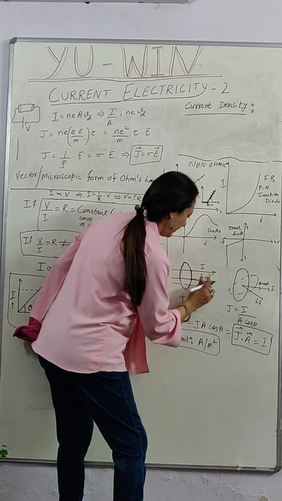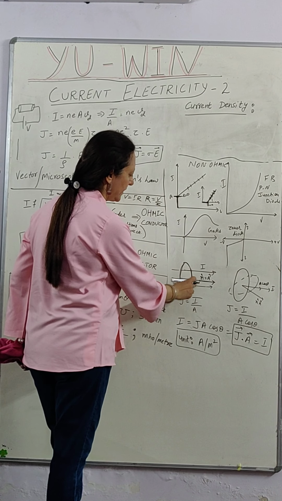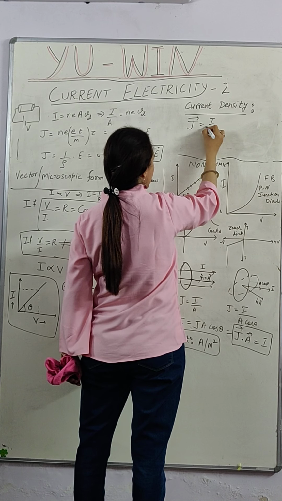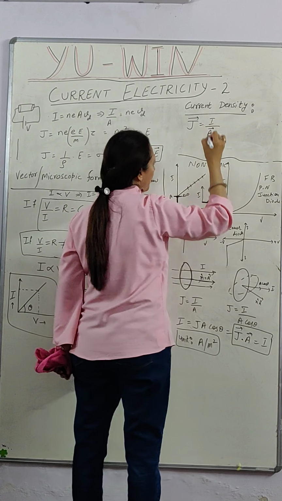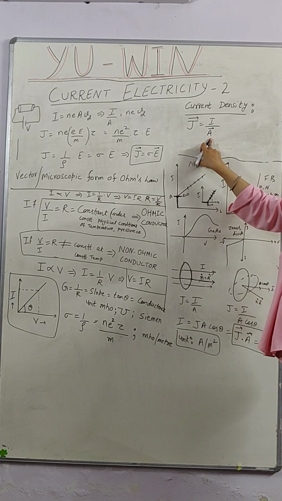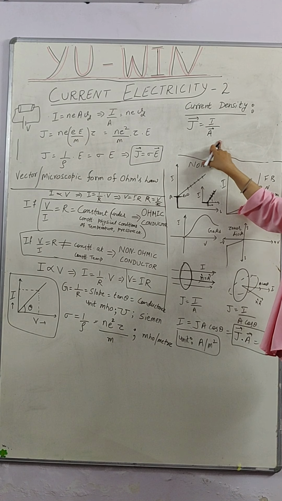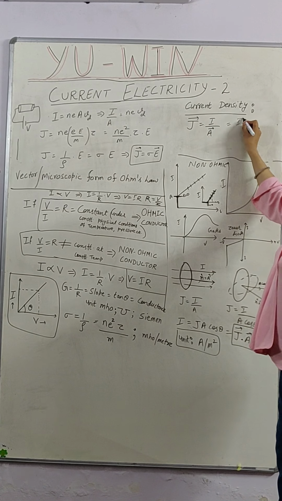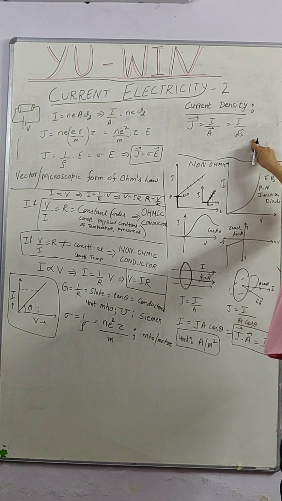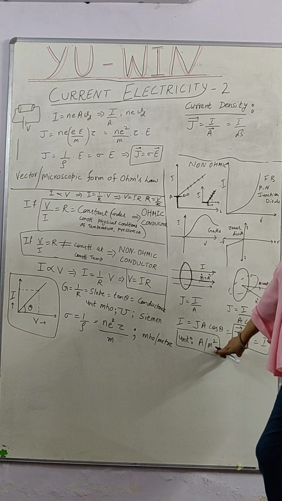So this gives you the direction of the area vector, and if the current and area vector are there, current density is defined by J. It is a vector quantity and it is current per unit area, provided the area is held perpendicular. I am writing here A as area because we will deal with small areas. You can write dS also if you think the area is a scalar quantity, and small areas will be represented with a vector. So it can be I by dS vector also. So current density is defined as current per unit area. So its unit will be ampere per meter square.